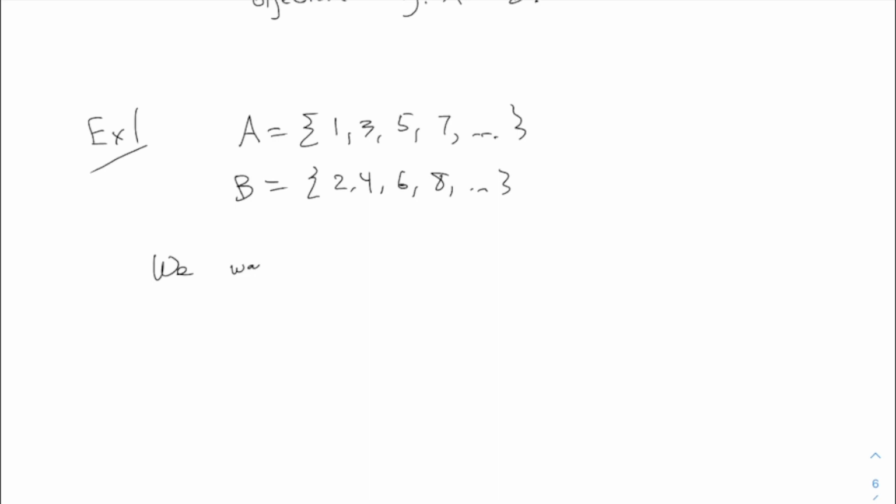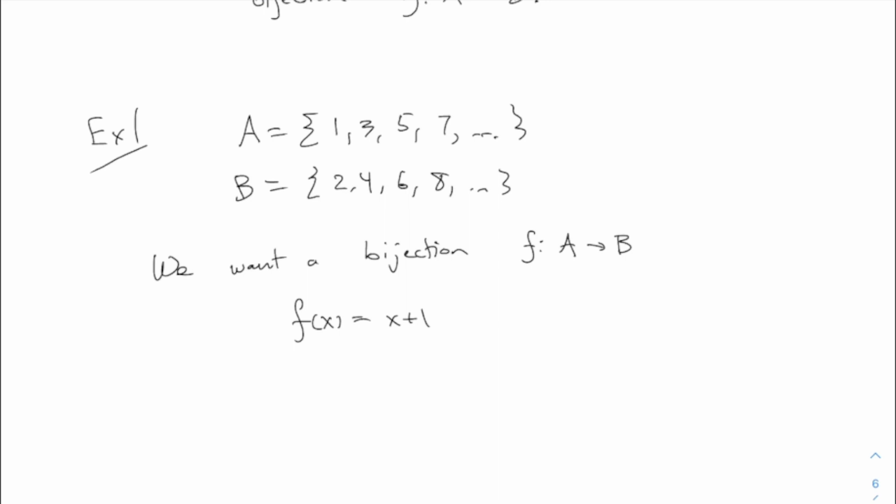So we want a bijection that goes from domain A to codomain B. Give me a formula here. f of x equals, I want a function which somehow transforms all of these numbers into these numbers. What do you think? x plus 1, yeah. Is that a bijection? It is. We'll do some more practice next time of proving things are bijections, but that is a bijection.